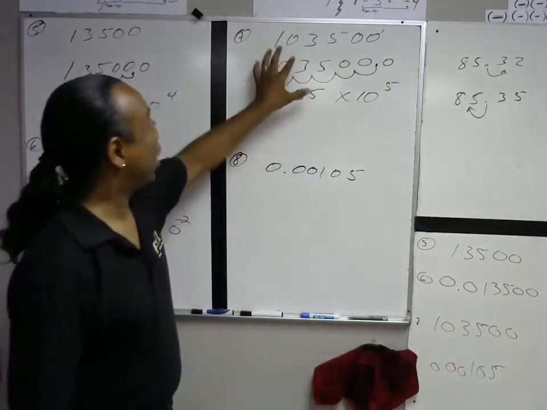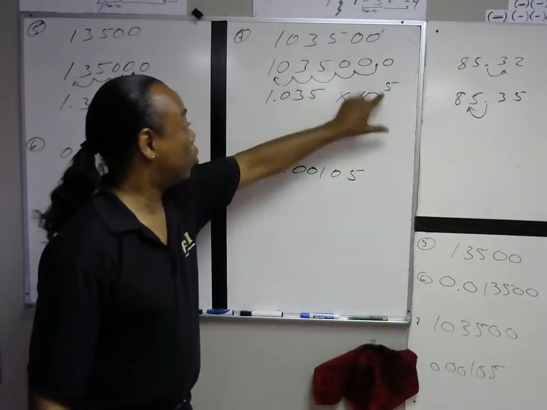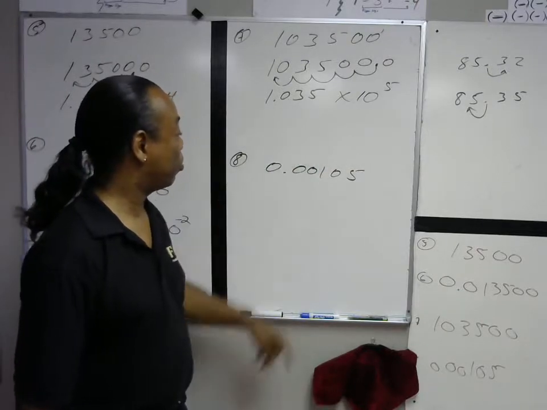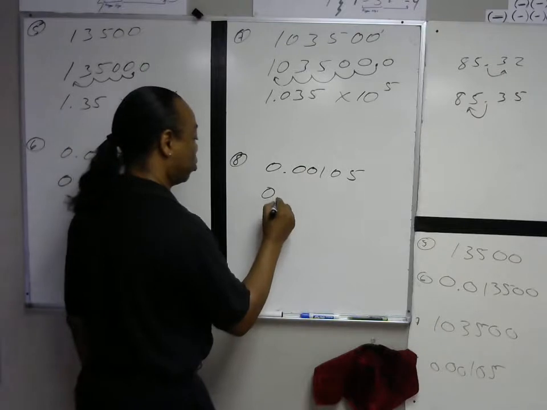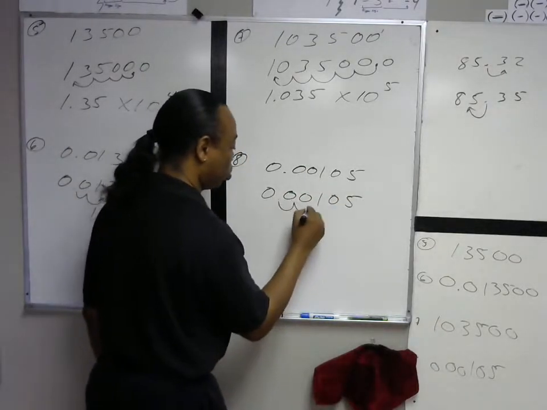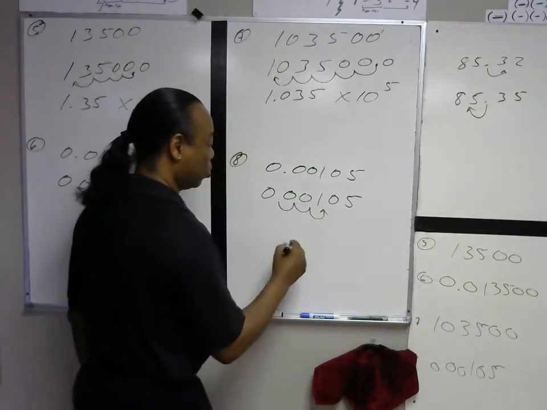And this is representing a large number. Okay, so this is going to be a positive 5. So positive 5 lets us know this is a large number. Okay, this one right here. Let's move the decimal behind 1. 1, 2, 3. Okay, so this becomes